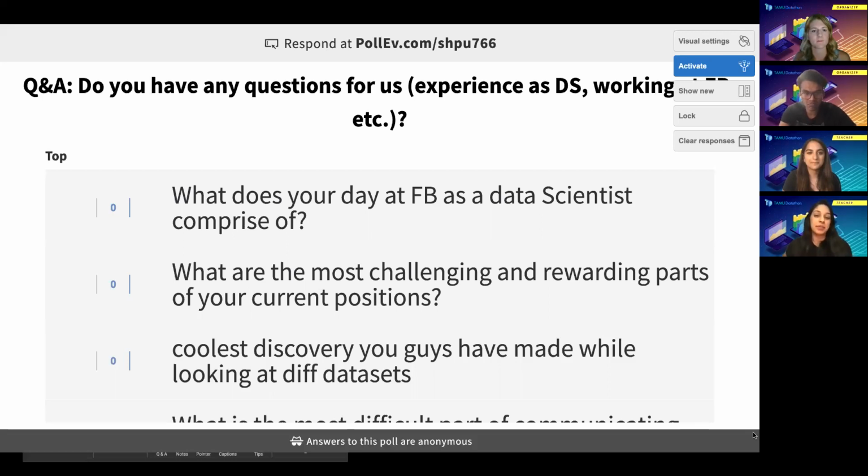Yeah, in my day as a data scientist, I'd say I work a lot with engineers. A lot of the work I do is building test plans and thinking about how we can drive ranking machine learning tests that really understand what users value, not just viewers but also producers, and what the whole ecosystem of Instagram looks like if we were to make certain changes.